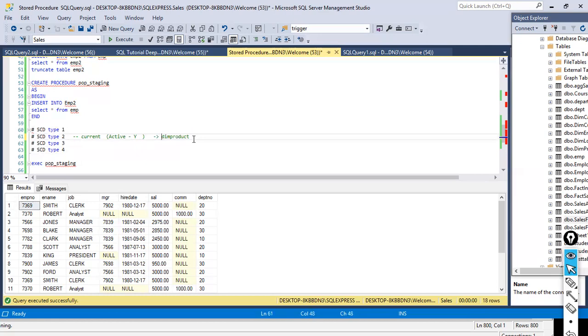If it is a new product, here we have the product number, and you check whether this product number is already there. If it is there, you do a lookup on this table and check the unit price and other key columns. If the unit price of the previously existing record and the current price are the same, then you don't insert it. The hair dryer is already in the product dimension table, but the unit price previously